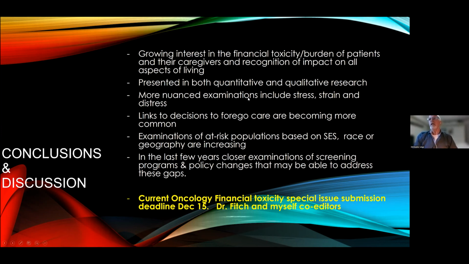More nuanced examinations include the stress, strain, and distress. We're seeing that more in the qualitative space than in the quantitative space. Links to decisions to forego care are becoming more common, unfortunately. Examination of at-risk populations based on SES, race, or geography are increasing. I think we're all being educated on diversity and inclusion, and as we're seeing this, we're seeing more of these evaluations being done. And then in the last few years, closer examination of screening programs and policy changes that may be able to address these gaps. That's not so much a Canadian experience as it is predominantly a US experience